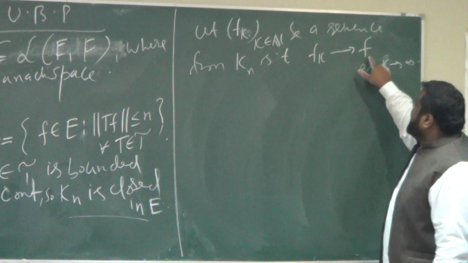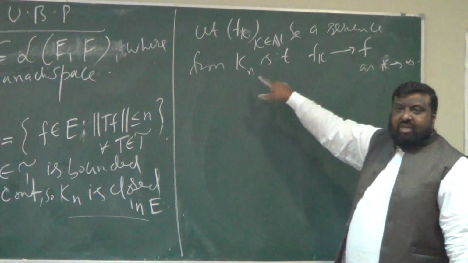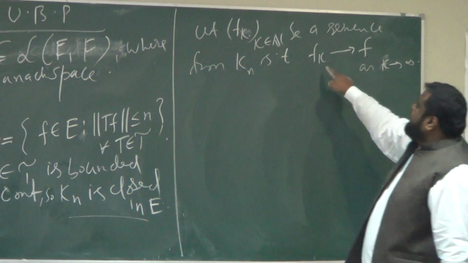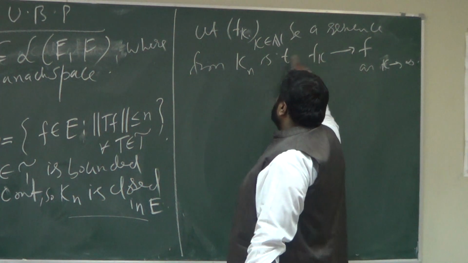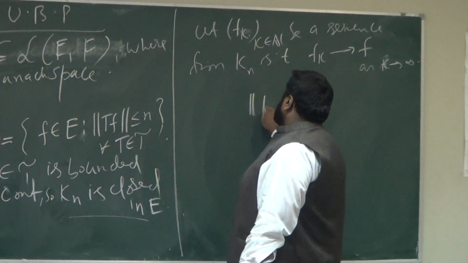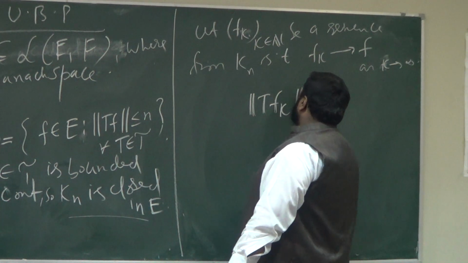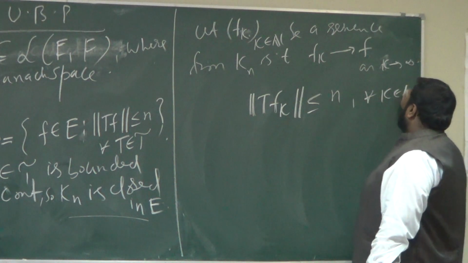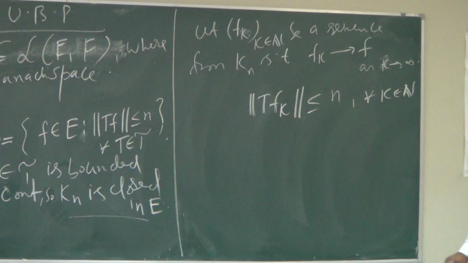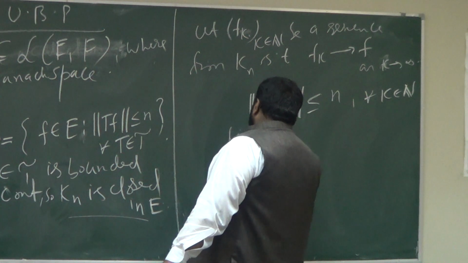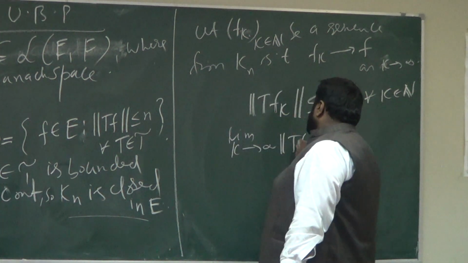Now we need to show that this F must also be in Kn actually. How can I show it? Since each of these Fk is in Kn, this must be true: the limit of norm of T Fk is less than or equal to n for all k and n. Agreed? So if I take the limit on both sides, k goes to infinity, T Fk,